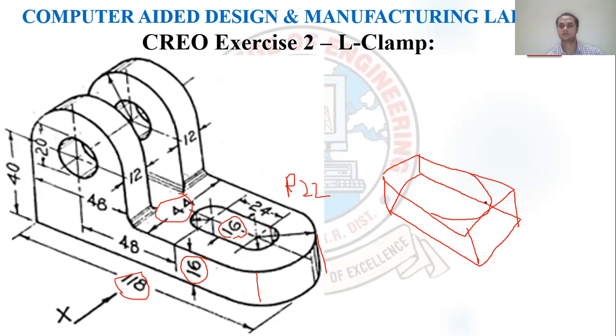So this is the case. With respect to this, it starts from here, and you are generating a round command so that this portion will be removed. And you know the center, from the center you have to draw the circles. Two circles you have to draw, and the distance between these two circles is 24, and the diameter of the circle is 16.